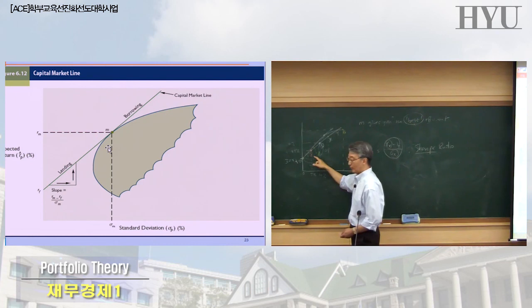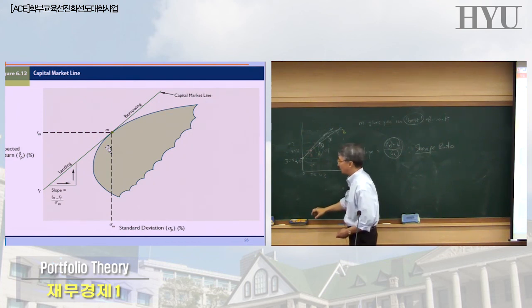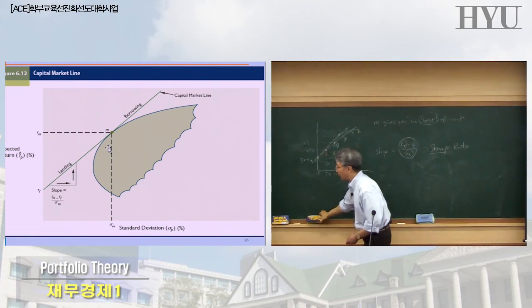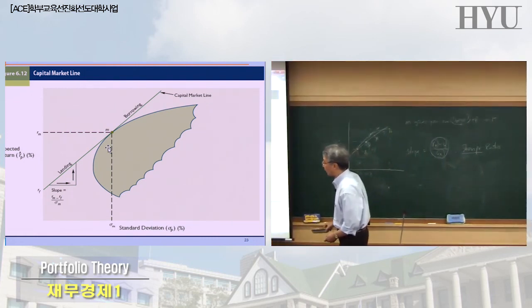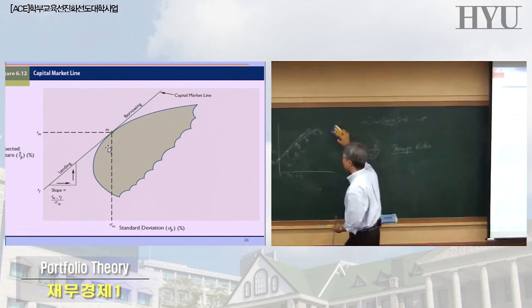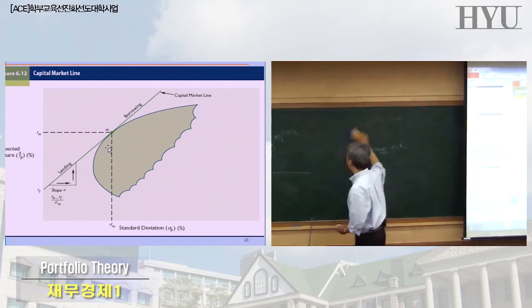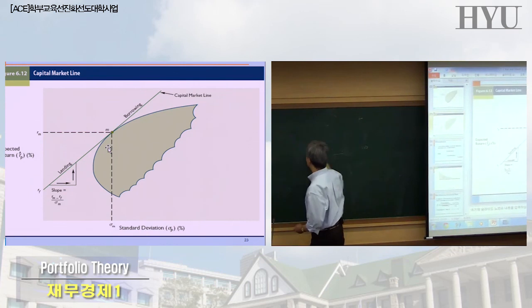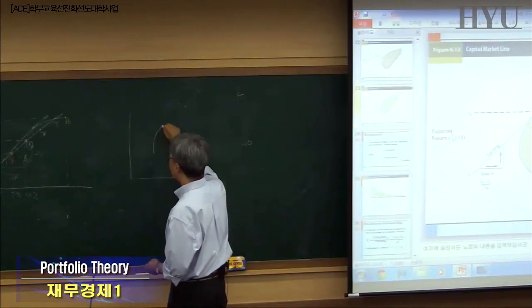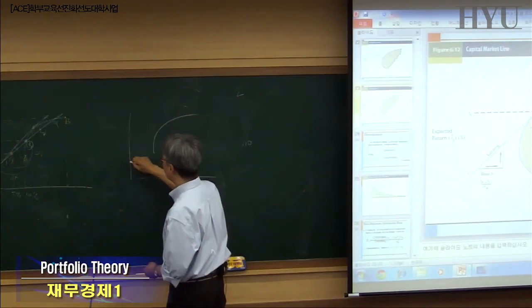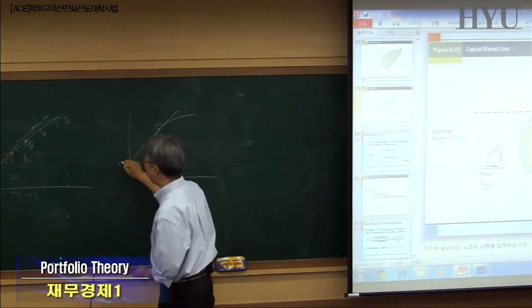Right. For that case, can we invest in the point RF and M? Yeah, of course, right. So actually, that's the point I'm getting at. So give me just about 2 more minutes, okay? So let me draw this once again. And we are talking about, let's say, M here, RF here.